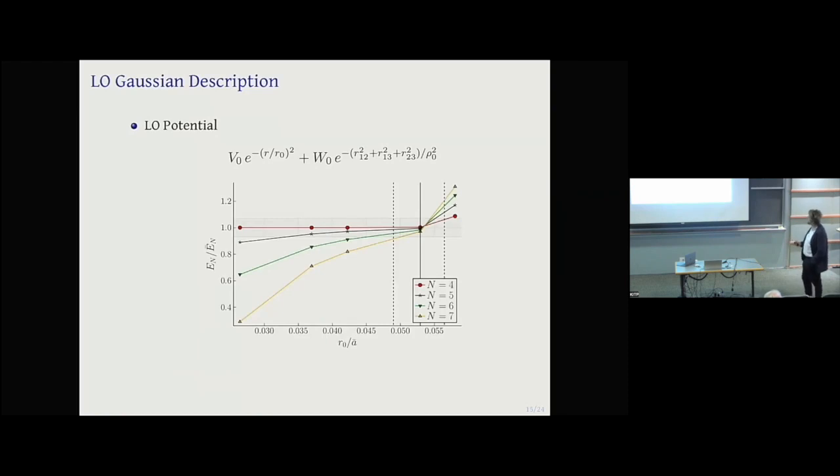The four-body has been fixed. So I choose this family just to fix this. And I calculate what happens up to 7 particles. And what I see is that they kind of concentrate on this triple point. So the accident which was happening in the two-body is also happening in at least the 7-body.